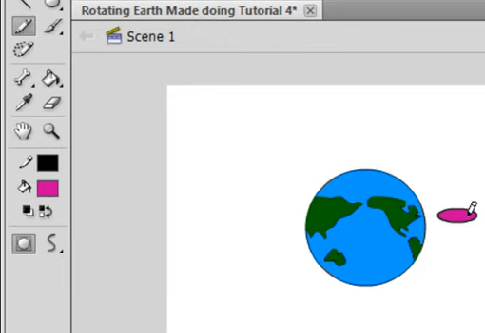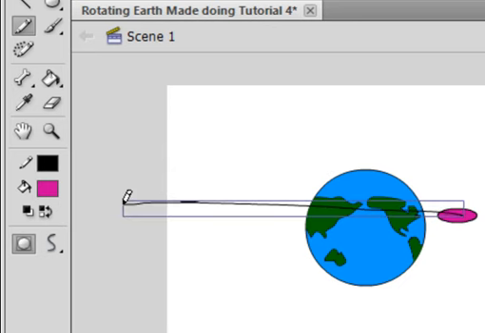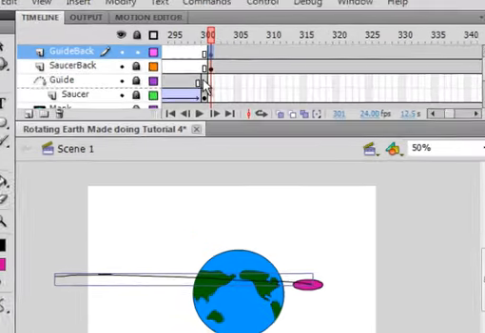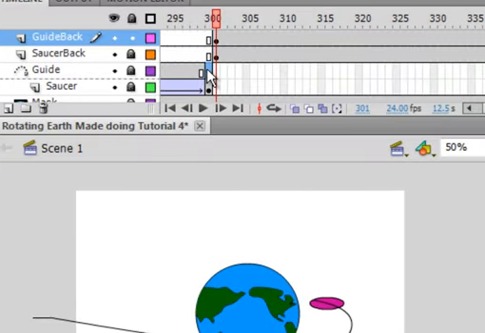come back behind it here a little bit, come back behind it and take it right through the Earth. There we go. Right through the Earth. Now, just for 1 click here on this last frame of this guide, click it and